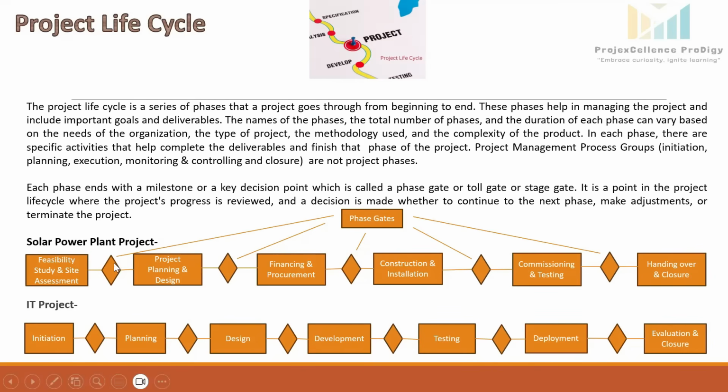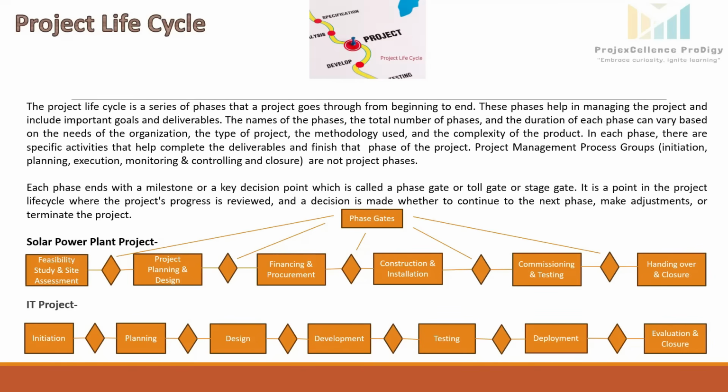Then after this, the phase gate. At this phase gate, feasibility and site assessment will be reviewed. It will be ensured that all the major risks are identified and mitigated. And after obtaining the approval from key stakeholders, project will move to the next phase, and that is project planning